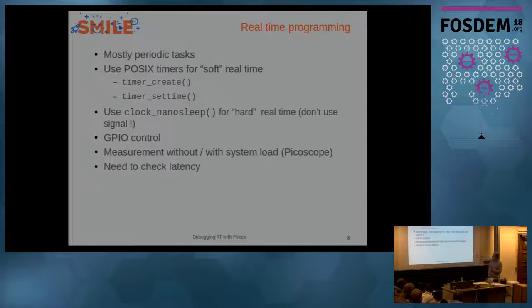If you want hard real-time and better results, you can use clock_nanosleep instead. For example, we will see a test with PREEMPT_RT at the end on the Raspberry Pi. You can use a GPIO and, with a picoscope, actually a small oscilloscope, you can measure the system load and see the